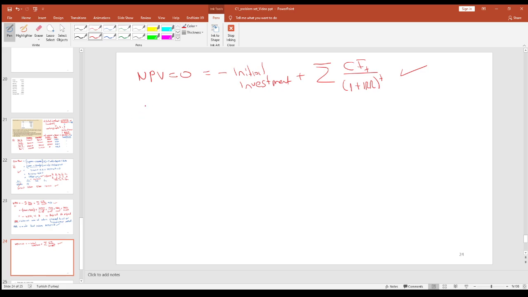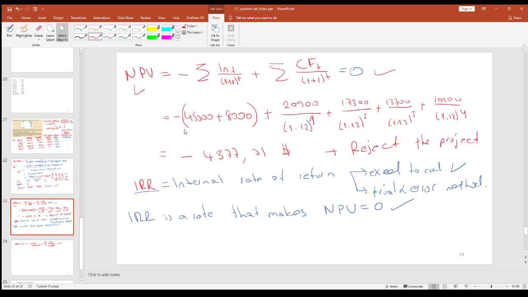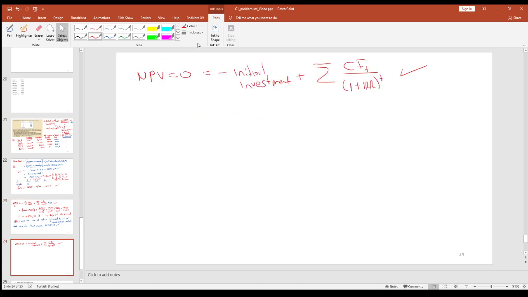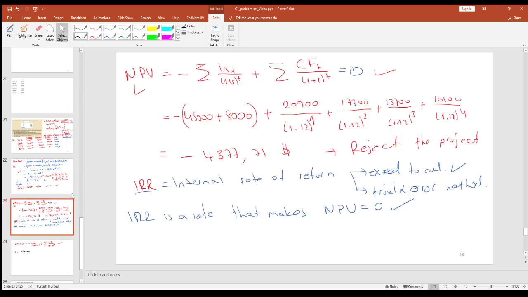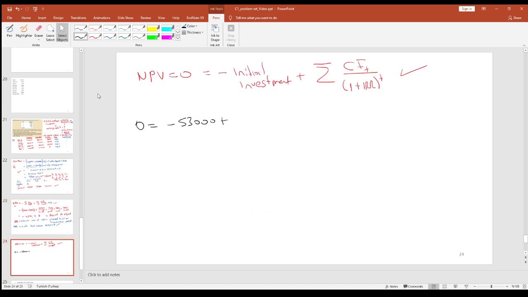So the first thing, let me open this, to adjust this equation to this problem. So this is again 0 equals minus 53,000 plus 20,900 over 1 plus internal rate of return to the power 1